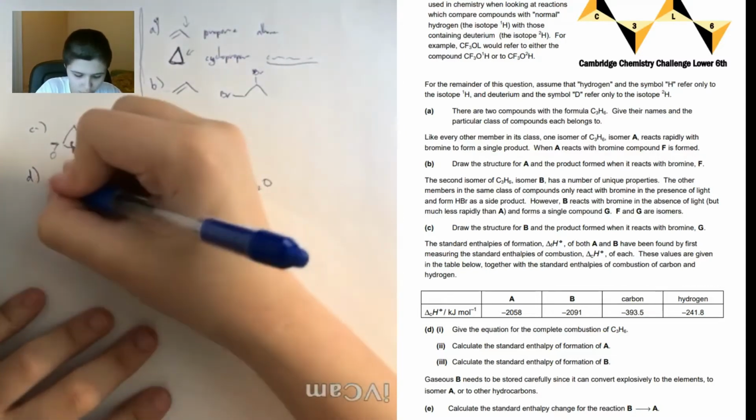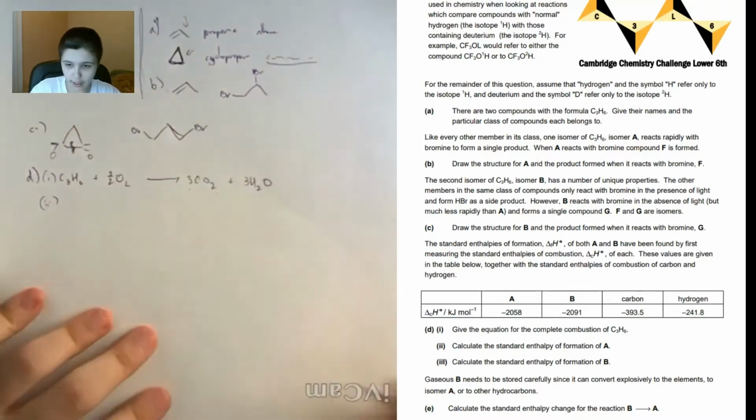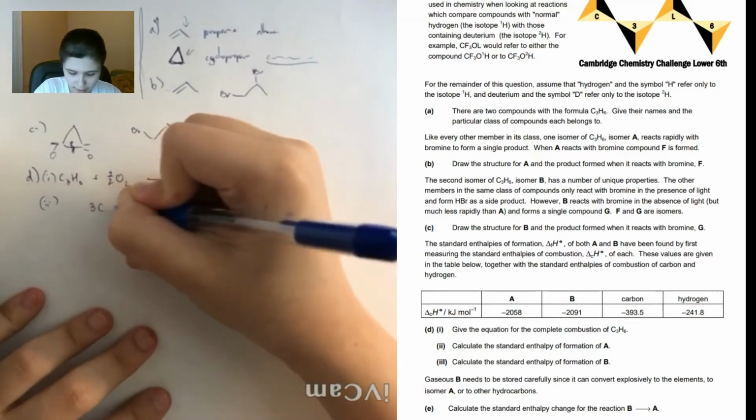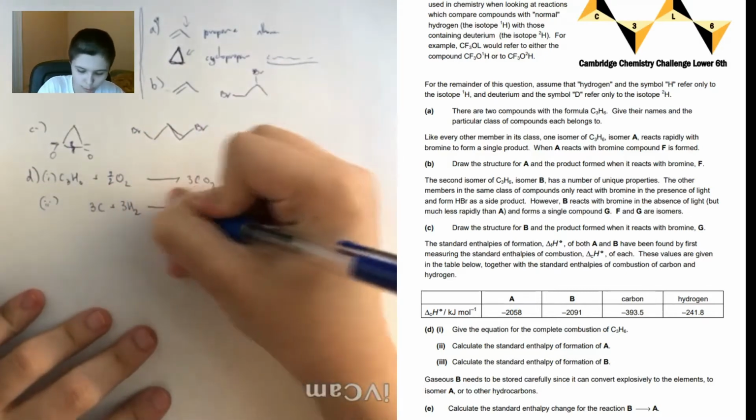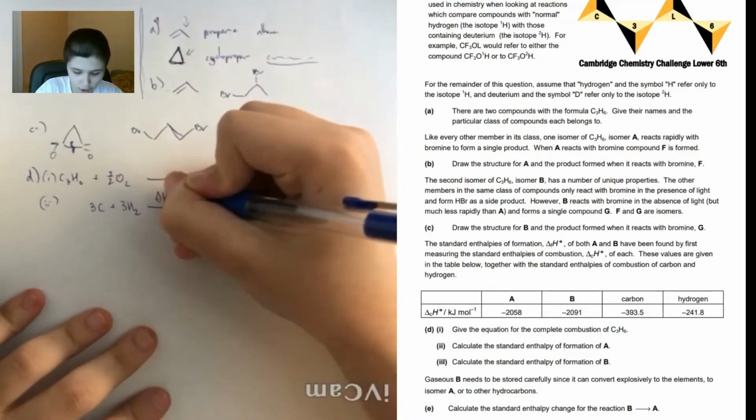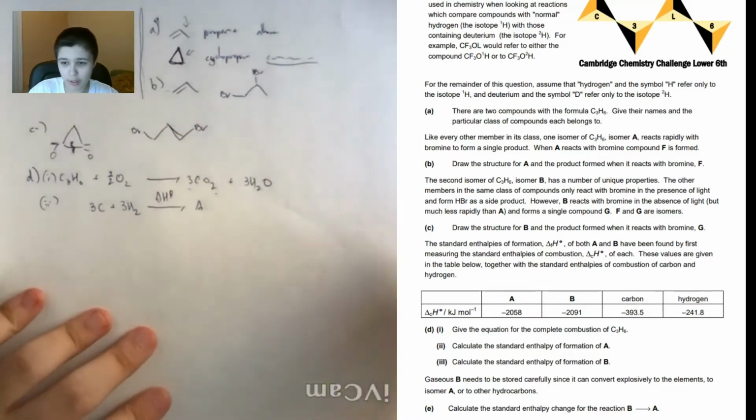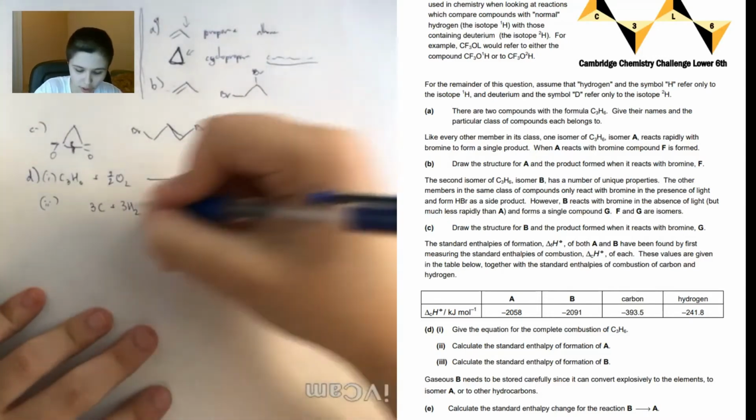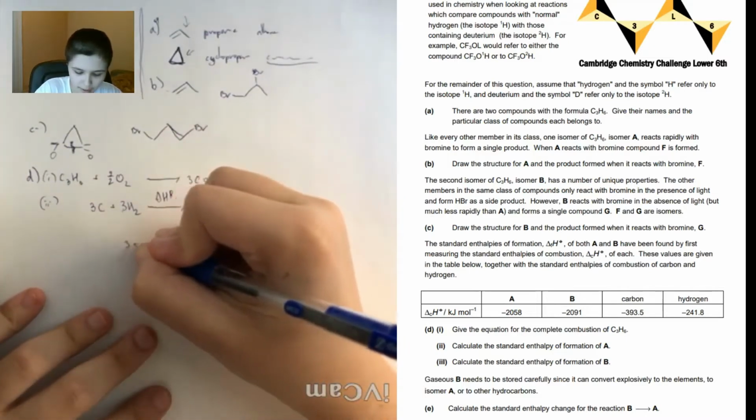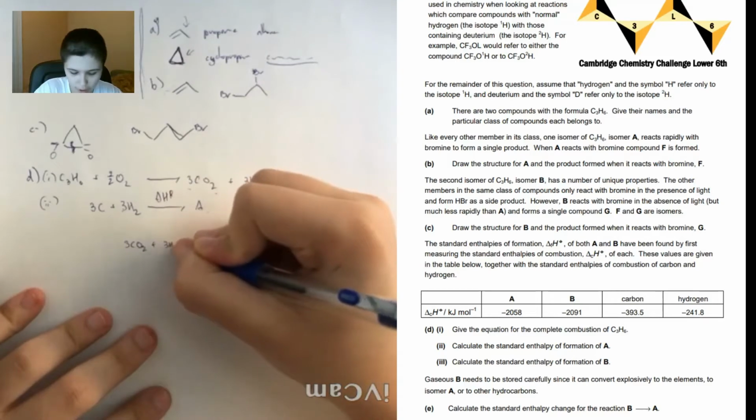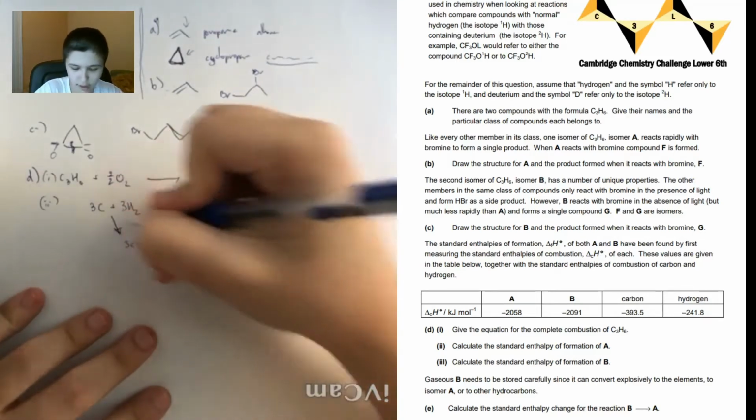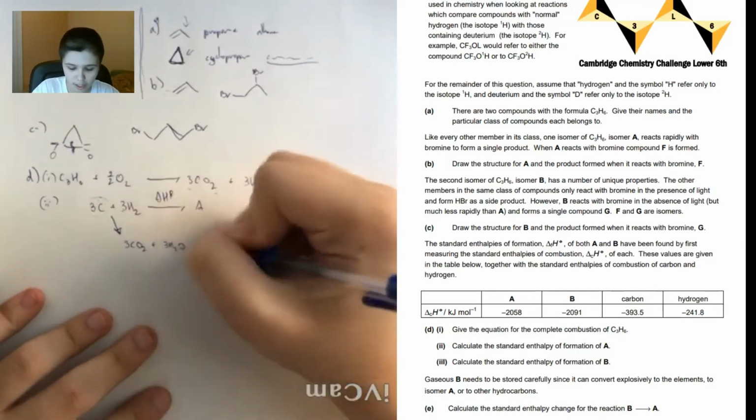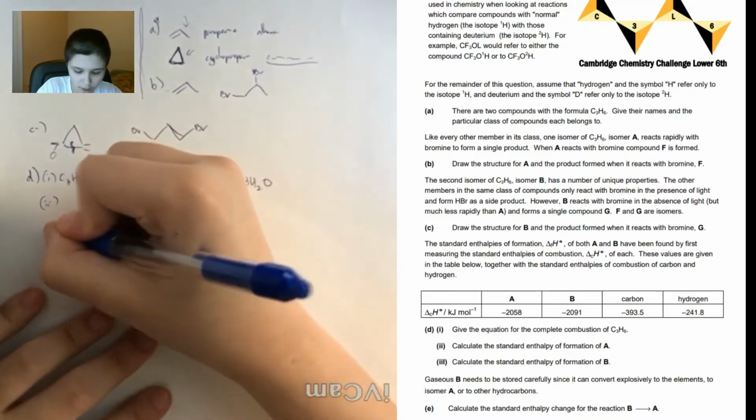For part 2, I calculate the standard enthalpy change of formation of A. Well, we have 3C plus 3H2 forming A, and this is my delta H formation. Then we're also given the enthalpy changes of the combustions of each of these two. So I'm thinking 3CO2 plus 3H2O, and this enthalpy change of combustion is going to be 3 times the enthalpy change for carbon plus 3 times the enthalpy change for hydrogen. So that's going to be minus 3 times